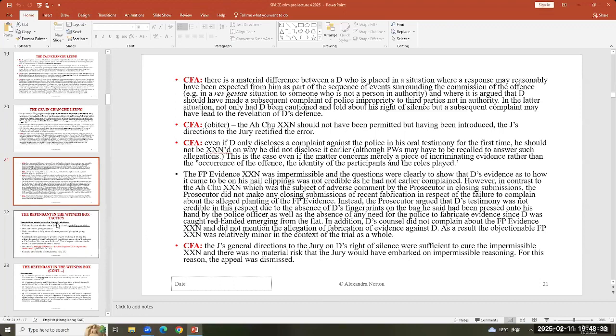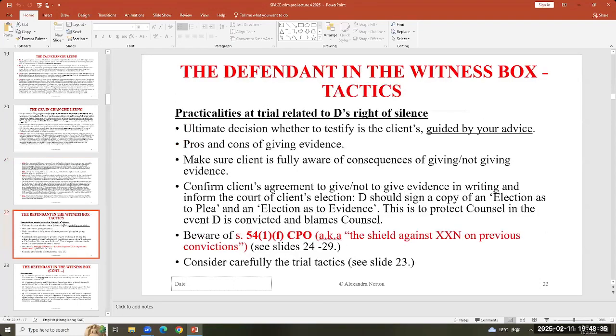Okay, so let's move on to the defendant in the witness box. So it's up to the defendant to decide, just like we talked about pleading guilty or not guilty yesterday. And I think some of you were surprised by the fact that I said that it's entirely up to the defendant to choose whether he pleads guilty or not, so that he may choose to plead guilty even if he has not committed this